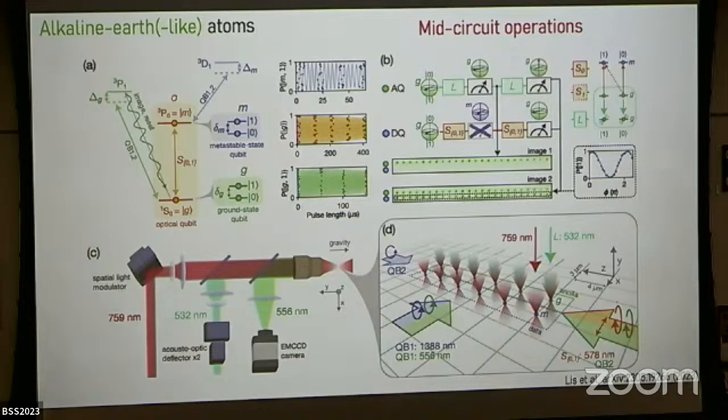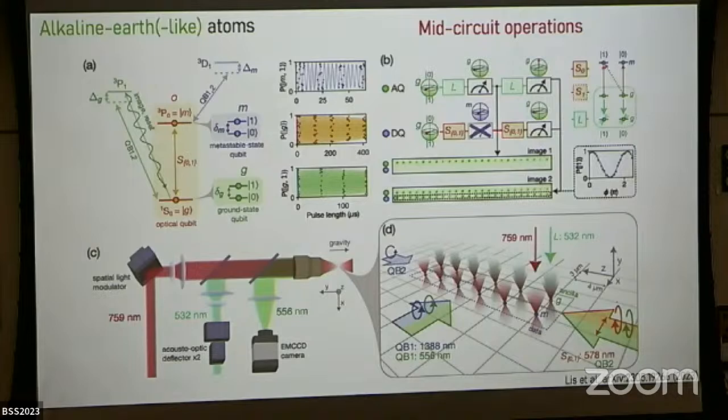And then what you do is you transfer the data qubits to the metastable state. So you do this operation. You initially had your qubits in the ground state. You transfer them to the metastable state, but only the data qubits will do this because the ancilla qubits are detuned away from the transition. Is this part clear? Okay. So now you have the ancilla qubits in the ground state, the data qubits in the metastable state, and then